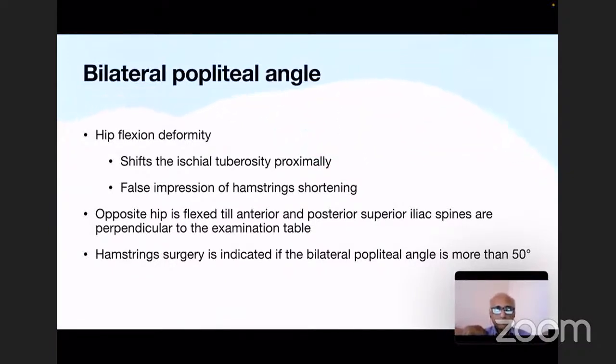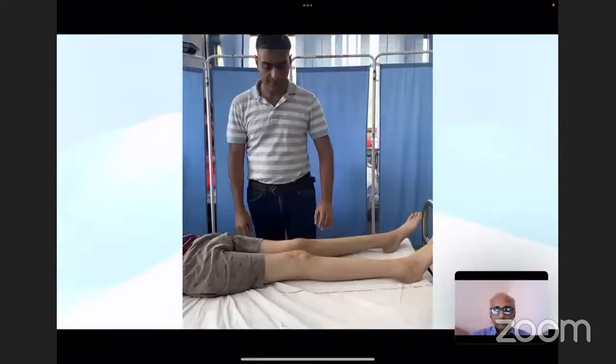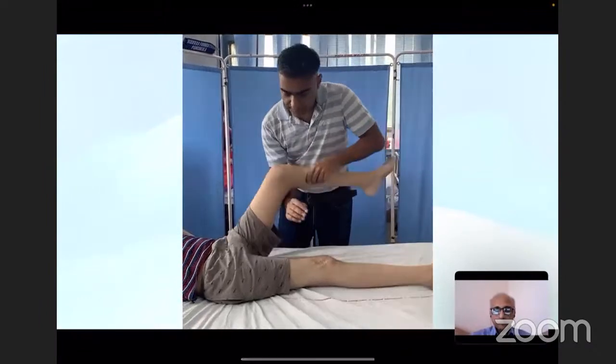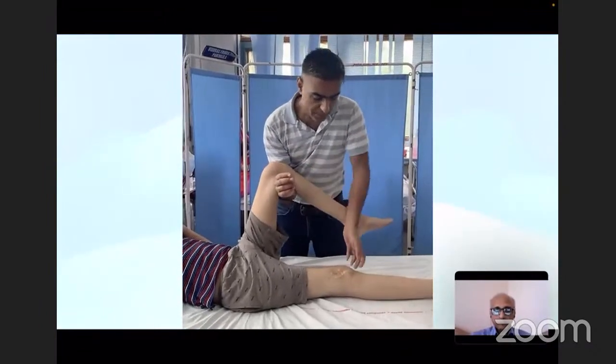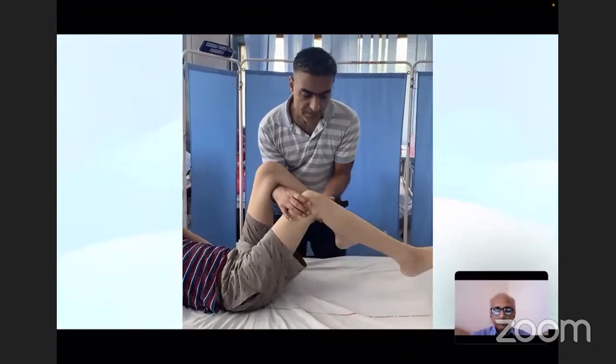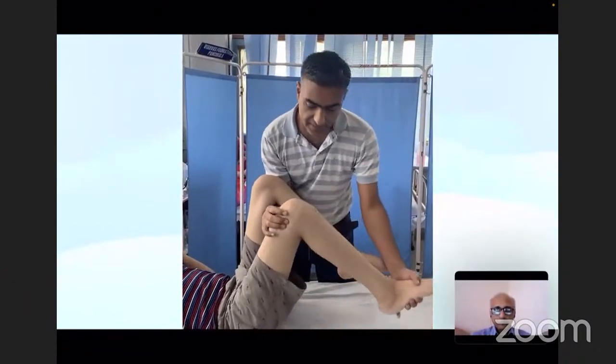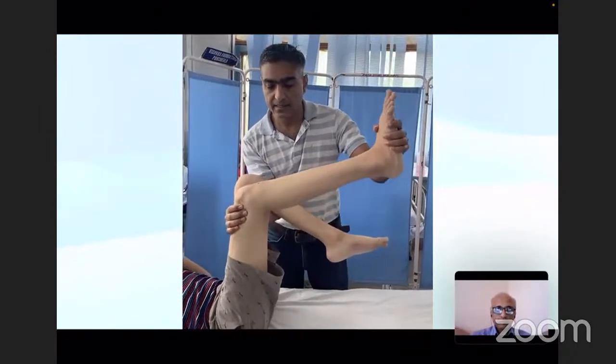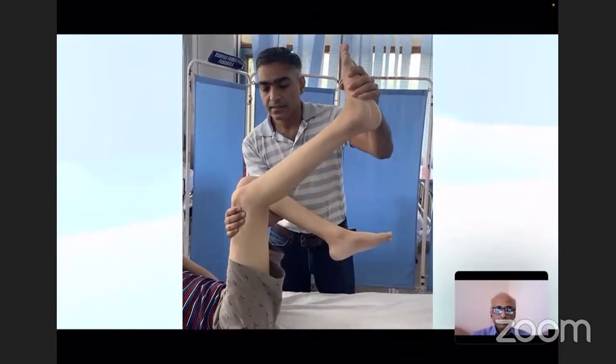So in bilateral popliteal angle, the opposite hip is flexed till ASIS and PSIS are perpendicular to the examination table, and hamstring surgery is indicated if the bilateral popliteal angle is more than 50 degrees. In this video, I am demonstrating the bilateral popliteal angle, wherein I support the other limb first and bend it beyond 90 degrees, and on the examination side, I flex the hip up to 90 degrees, and then I do the same